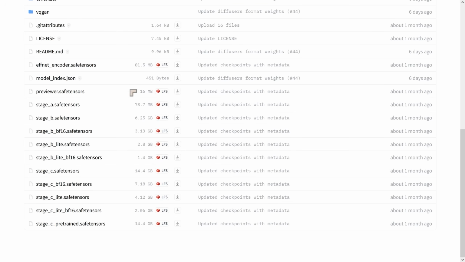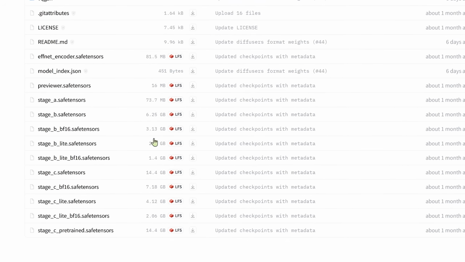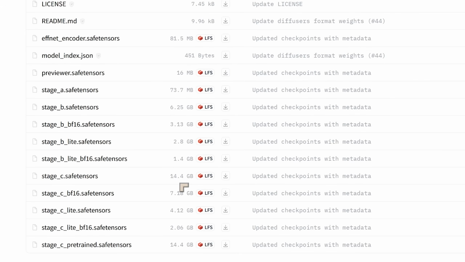Now, we already know that there are different types of models. Some of the models are smaller than others. And if you use the large models that we're going to be using in this course, you will get the best results. So the very large 6.25 and 14.4GB models, those ones I find provide the best results. You can also